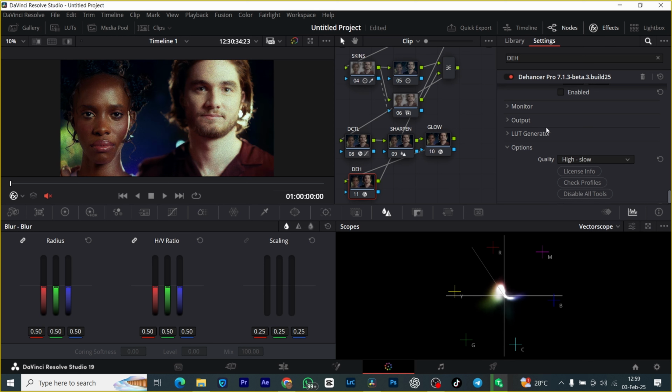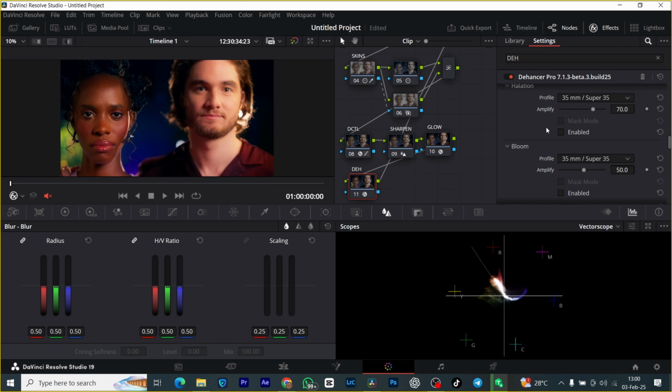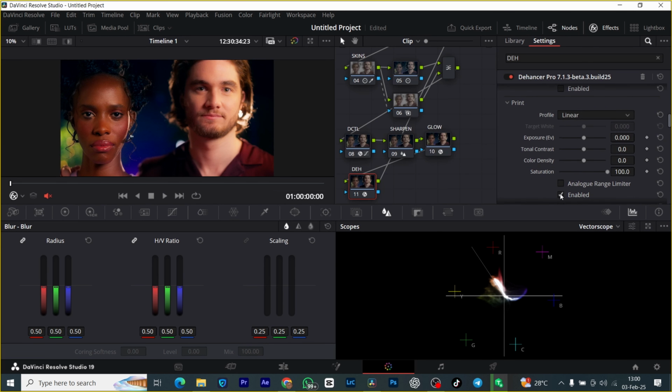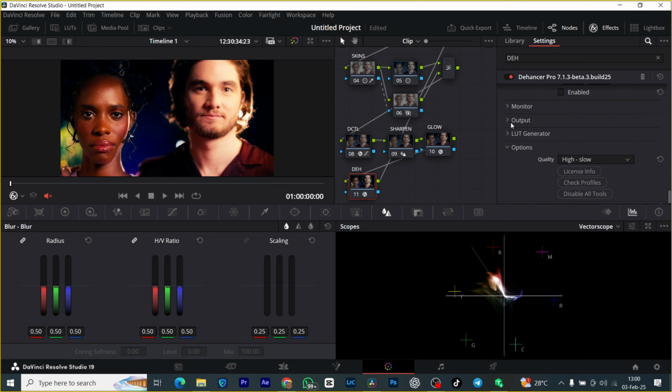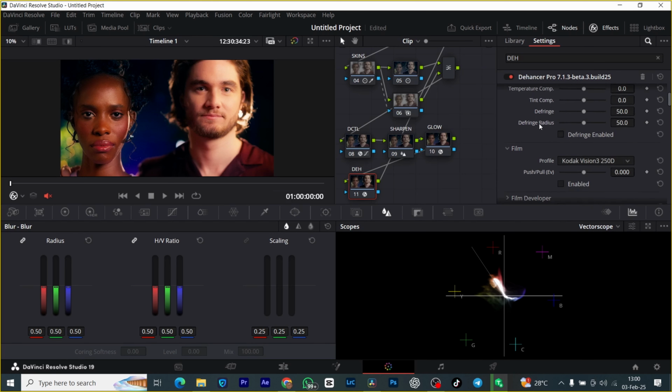Okay, then the next thing will be adding a print onto our footage. So I'll add a film print to it. It's too bright, as you can see, but that doesn't have to scare you. Just come to the output and drive it down a bit. Yeah, that looks okay. And after doing that, if you want to go a bit extreme, movie style,